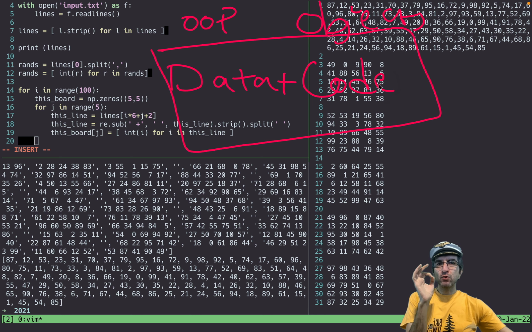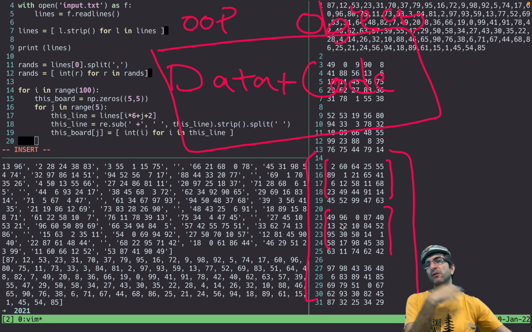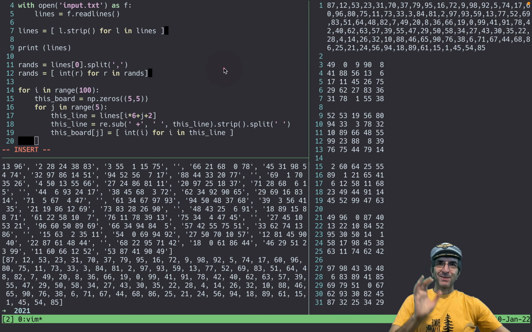See, if we wanted to do this with the general or traditional C programming, these would be the data. We have to save them in a huge data structure and then run code over them. OOP says, don't do this. OOP says, I will create an object for you, which is the combination of the data and the code.